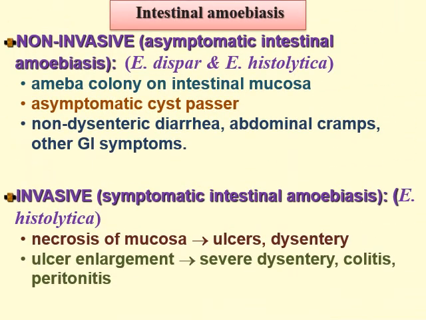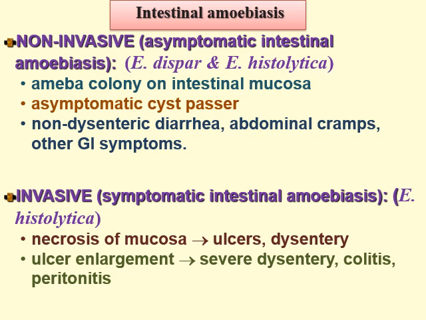For intestinal amoebiasis, as we said before, we have non-invasive asymptomatic intestinal amoebiasis that is caused by Entamoeba dispar and Entamoeba histolytica. Here, the amoebae colonize the intestinal mucosa only and do not reach further tissue. We can consider these patients as asymptomatic cyst passers, and it may cause non-dysenteric diarrhea, abdominal cramps, and other GI symptoms. While invasive symptomatic intestinal amoebiasis is caused by Entamoeba histolytica only,